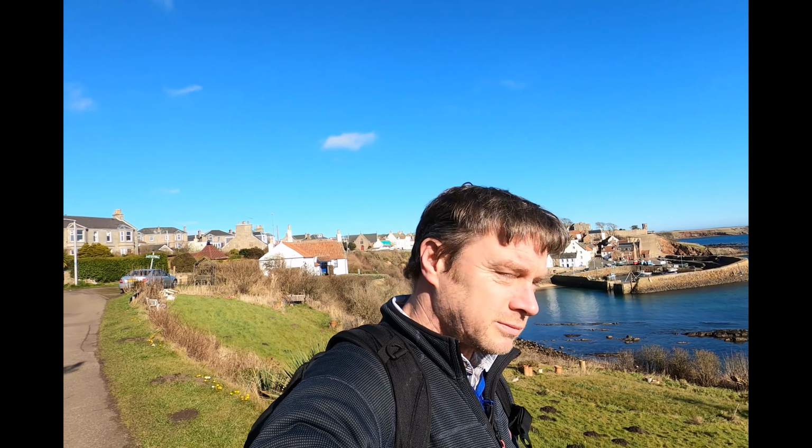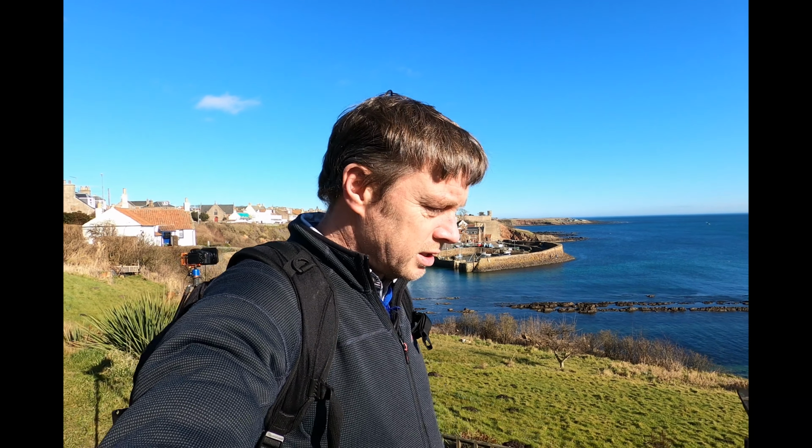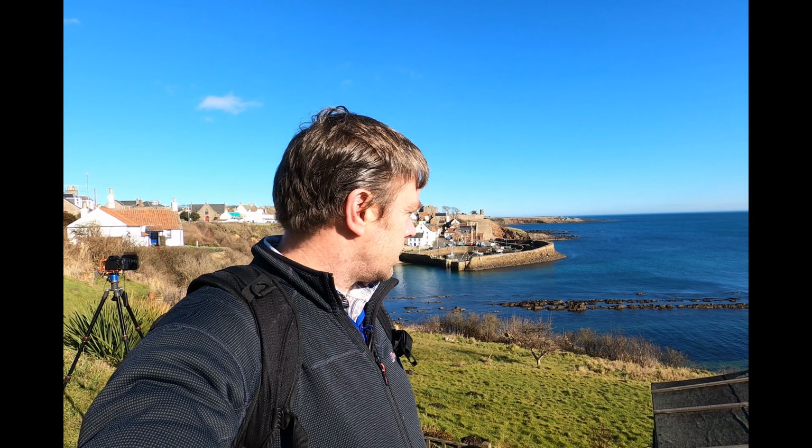Good morning guys, so welcome to the East Neuk of Fife. This morning I am at a place called Crail. Absolutely fantastic. Sky's a bit blue at the minute. I'm shooting in the middle of the day. I'm going to be spending the whole day here, travelling from Crail down to Pittenweem, Cellardyke, and spending the whole